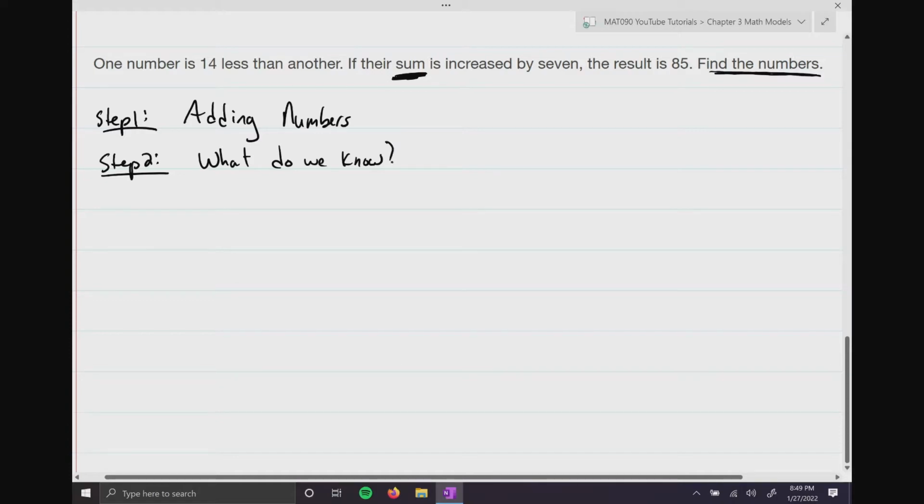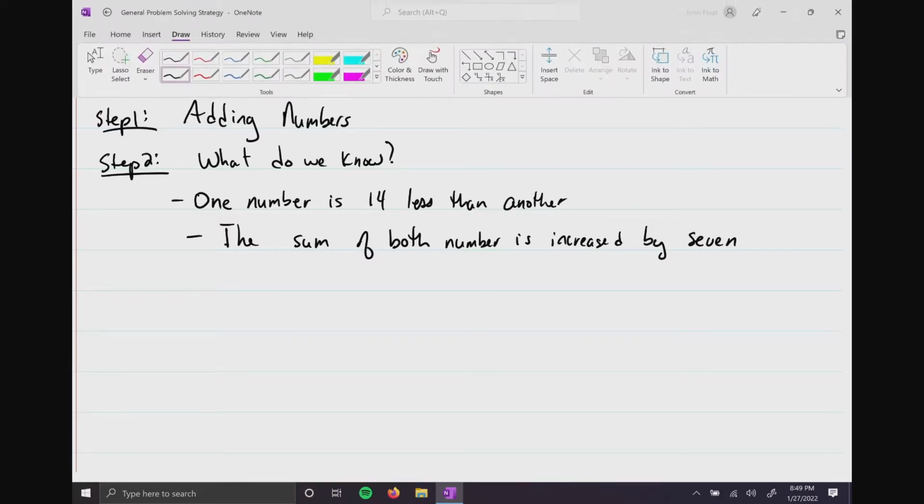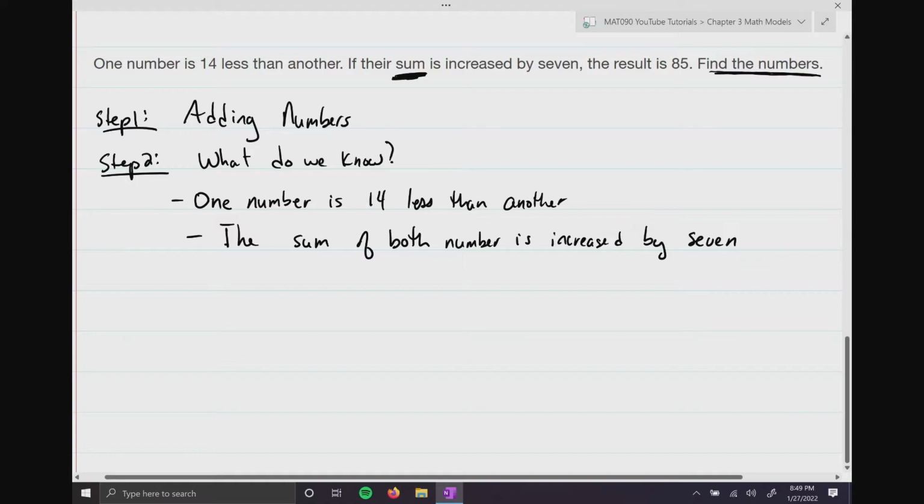What do we know? Well, we know one number is 14 less than another. Okay? We also know the sum of both numbers is increased by 7. Now, that is a very powerful statement, because what that's saying is the first thing you got to do